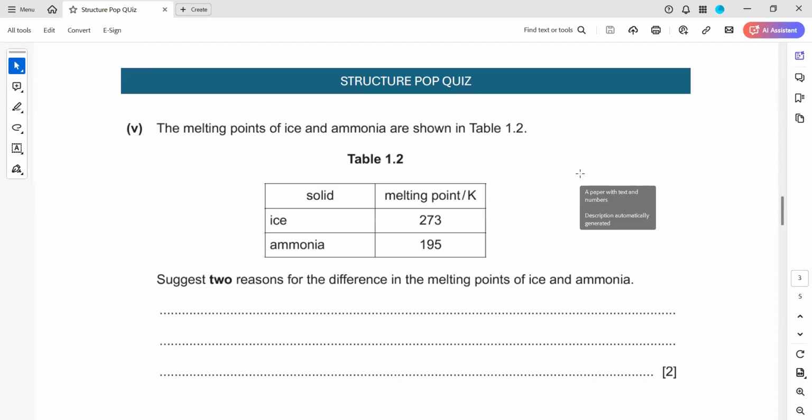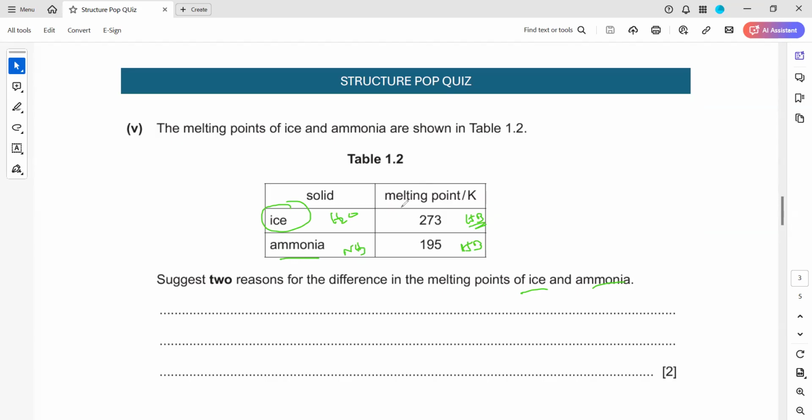Give 2 reasons for the difference in the melting point of ice and ammonia. So why is there a difference in the melting point between ice and ammonia? The first thing, they both have hydrogen bonds. In case of ice, H2O, it will have a hydrogen bond between the molecules. In case of ammonia, NH3, it will also have a hydrogen bond. Both of them have hydrogen bonds. But